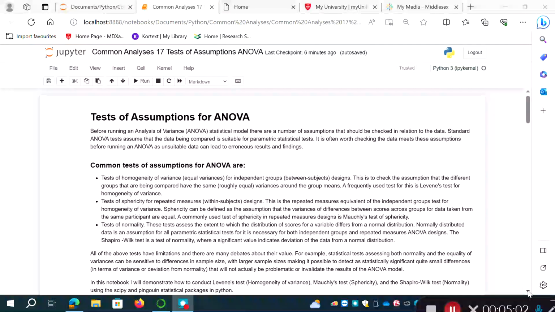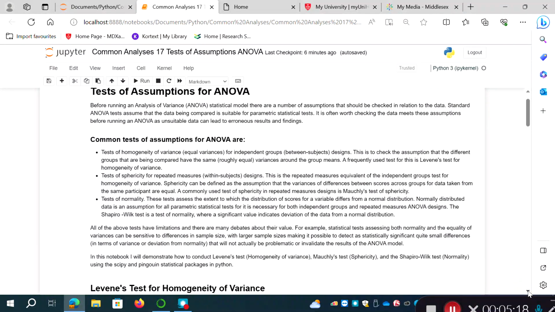So it's worth keeping in mind that these tests are convenient. They're useful in some ways for just checking to see if we've met these assumptions, but there are limitations to them, and many people don't think they're actually worth doing, and it's probably better to use more robust types of analysis. But I'll demonstrate them here so people are aware of them and are able to use them if they choose to